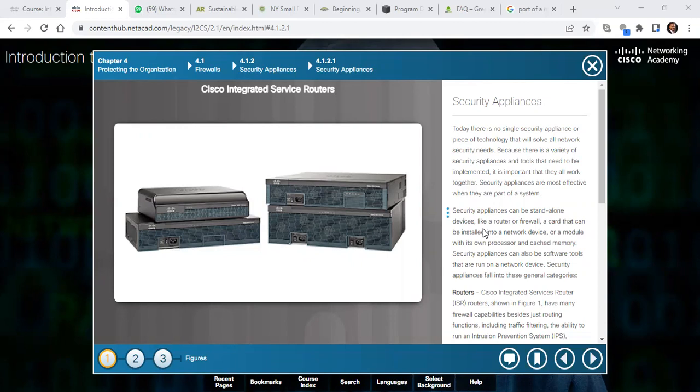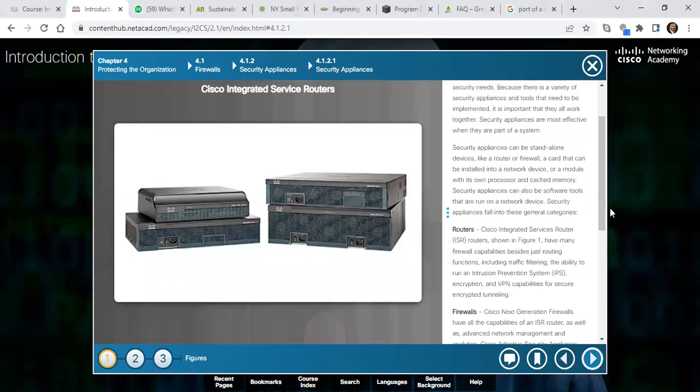So today, there is no single security appliance or piece of technology that will solve all network security needs, because there is a variety of security appliances and tools that need to be implemented. So it is important that they all work together. Security appliances are most effective